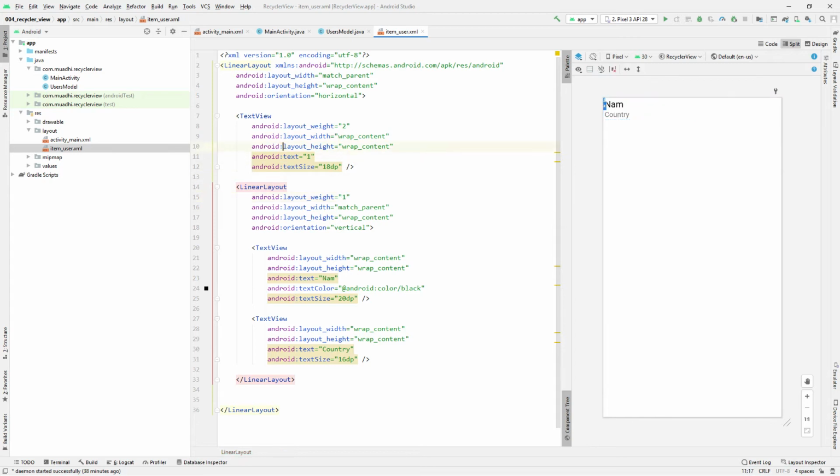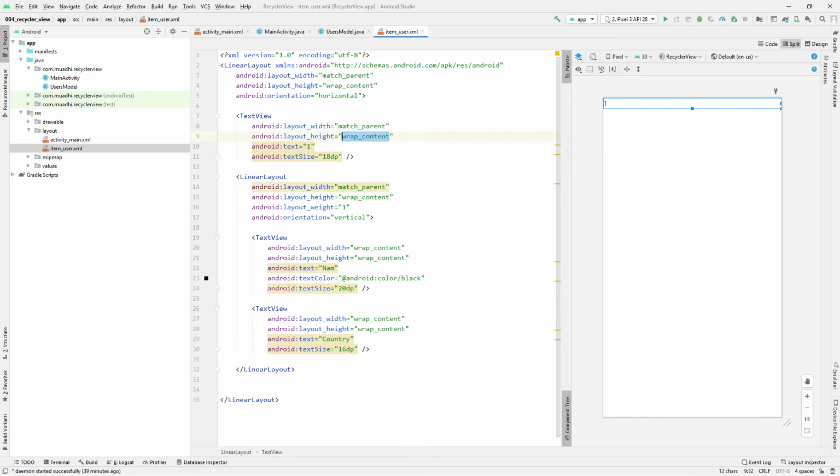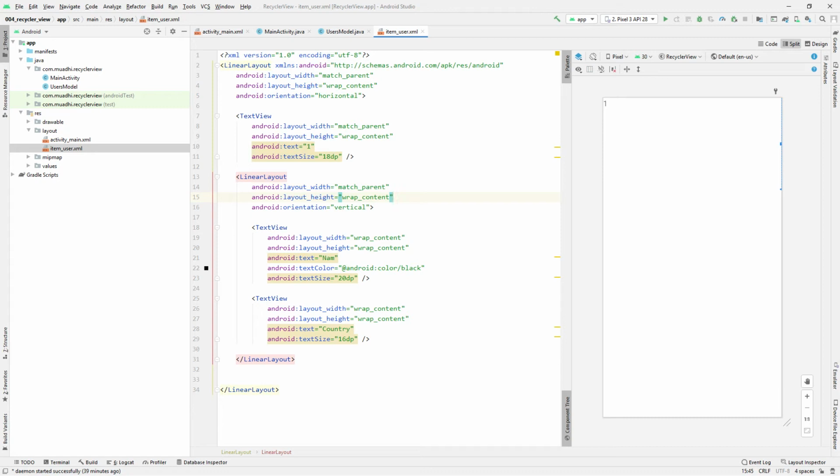And then make this one also match parent. Okay, let me specify just the width. I can as well specify the width by just putting, let me remove this weight. Let me specify the width. Width, I can say